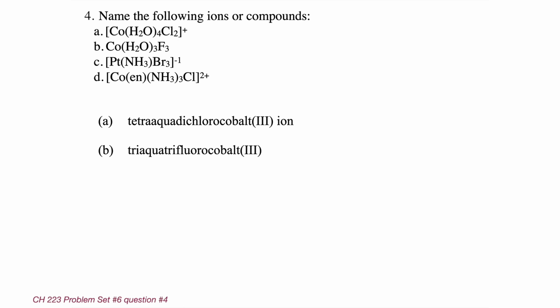So remembering that amine from the ammonia comes before the bromo of bromine, this is going to be amine tribromo platinate 2 ion. Ammonia first, alphabetically, before bromo, tribromo for 3. 3 -1 Brs and a +2 platinum gives the overall -1 charge, but we're going to call it platinate because